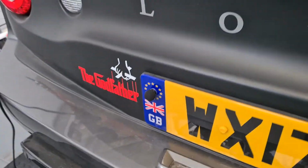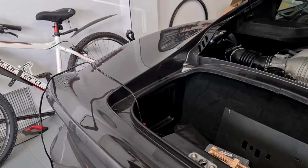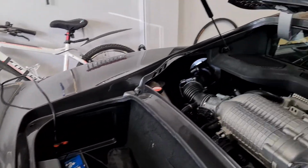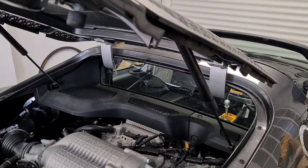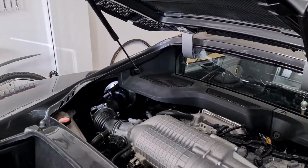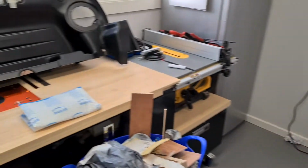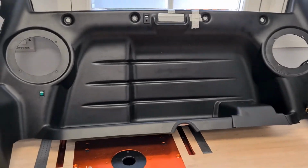So this afternoon I've been routing the cable for that microphone through the battery compartment into the engine compartment and eventually into the cockpit, and that's all done. You can't see it, it's all hidden away. And the idea is it will be connected in the cockpit here